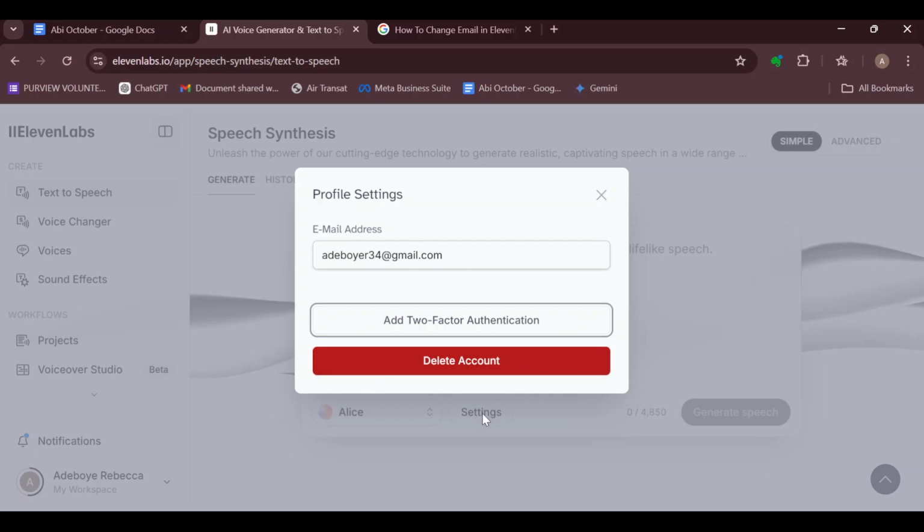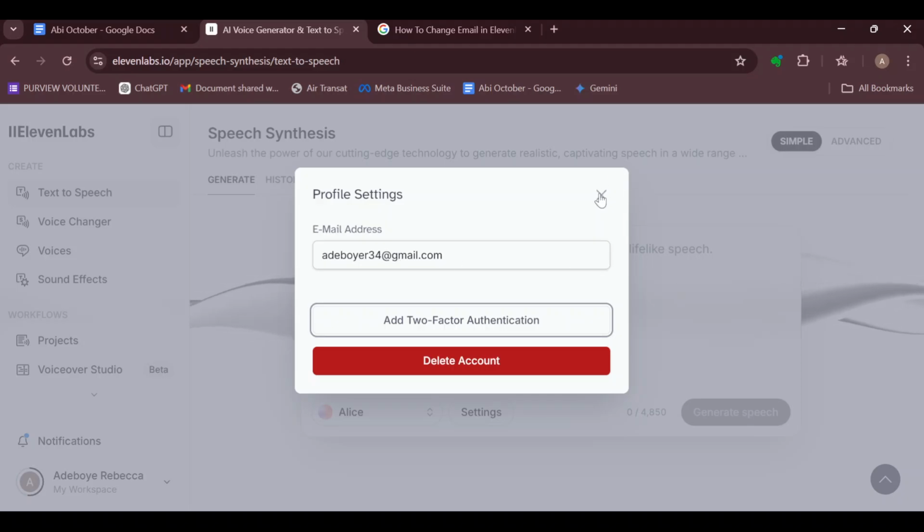And by clicking on profile, you'll find the page that will be displayed to be different from this. You'll see the option for you to change your email. All right, click on that, enter in the new email. A verification code will be sent to your email. Copy the code, input it in the fields displayed, and then click OK, verify the email, and the email will